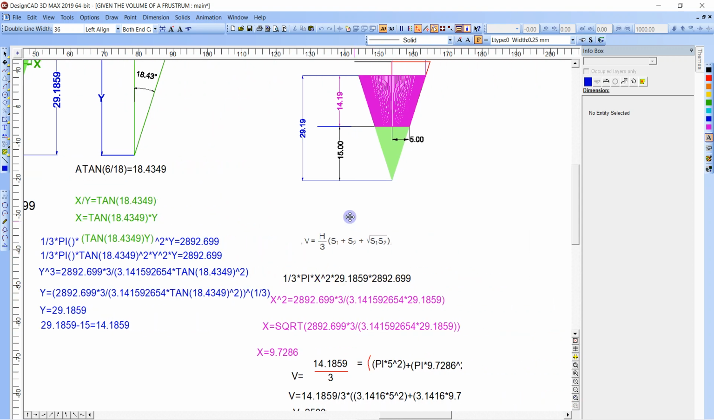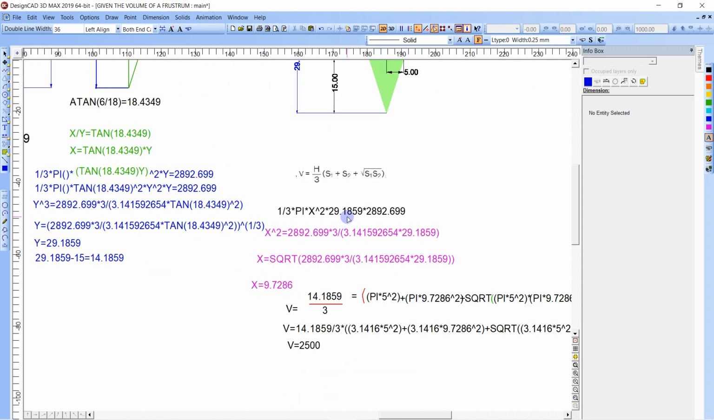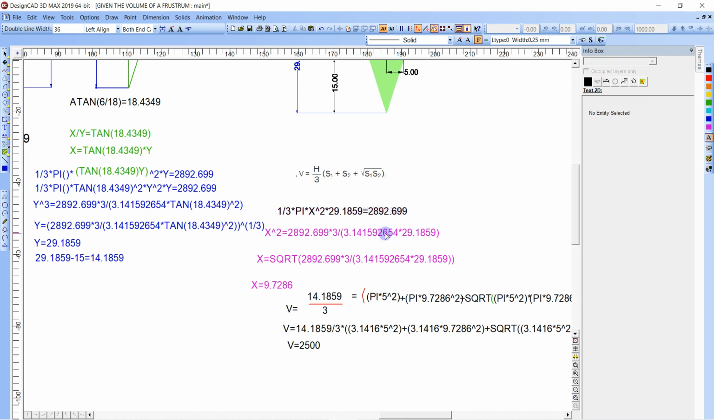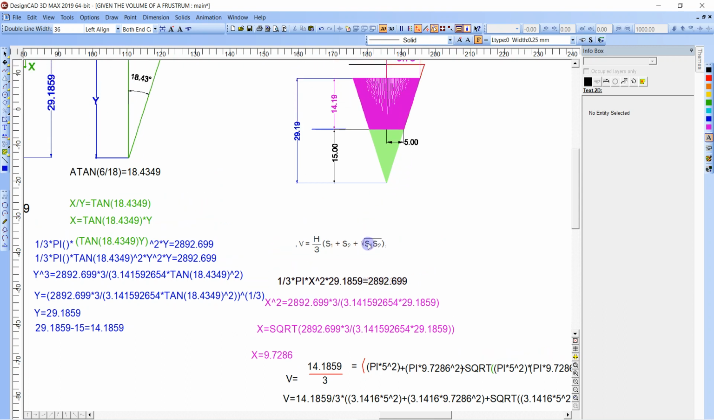So I show the steps here. And I don't know if that should be equal. That should say equal, right? Backspace, equal. That's more like it. One third pi times the radius squared times the height will equal the area of the full cone, the two cones here,